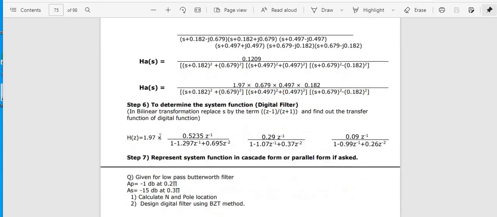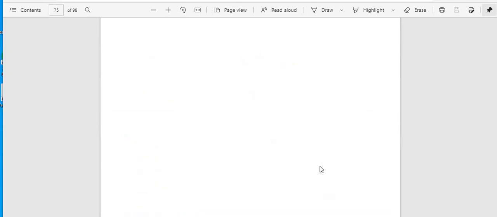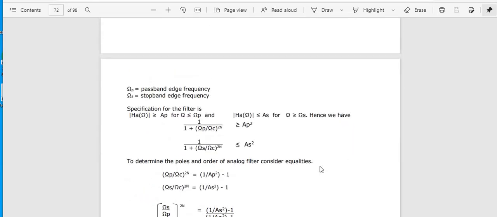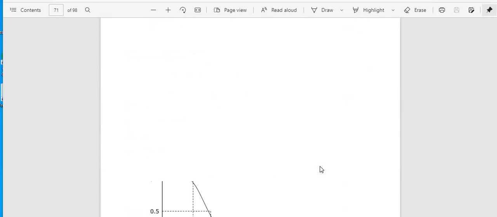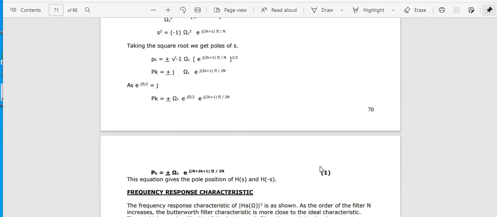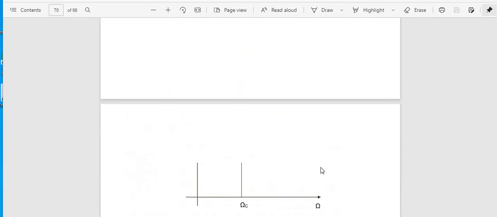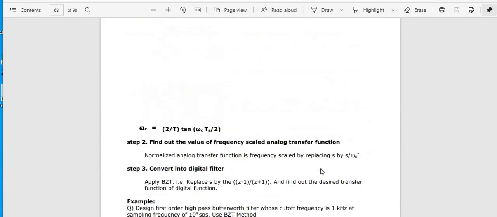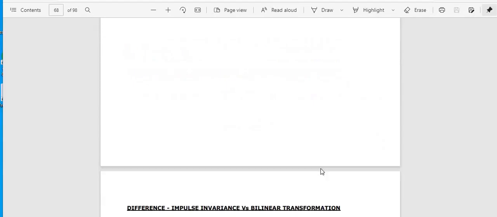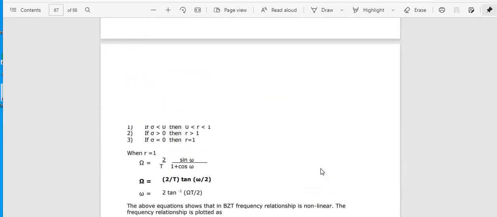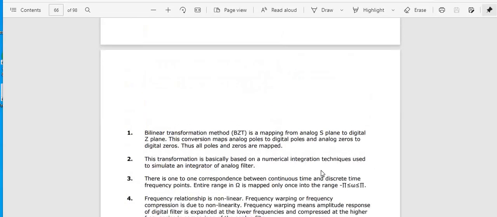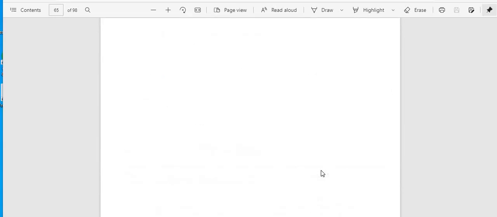If you want to represent the system by using the cascade form or a parallel form, if asked to find, we can substitute. How do we design that? Basically, we know the designing part, right? Already we have seen the realization for that particular thing, and the cascaded form also we have seen. That's what I directly show you, how we realize it. Here we do have the realization, just a moment. We already did some problems, so we skip it. The idea should be known: what are the steps you have to do in order to realize the functions.